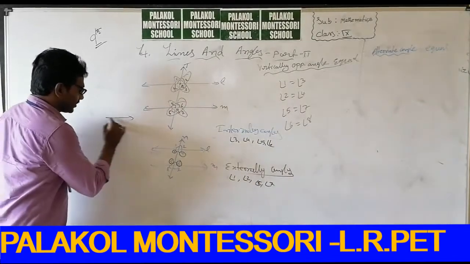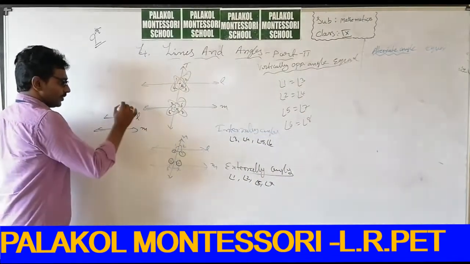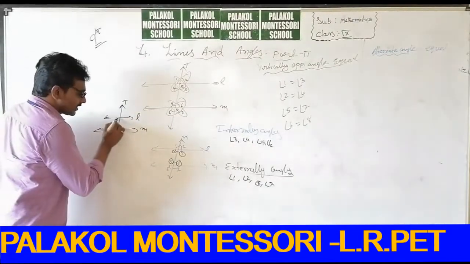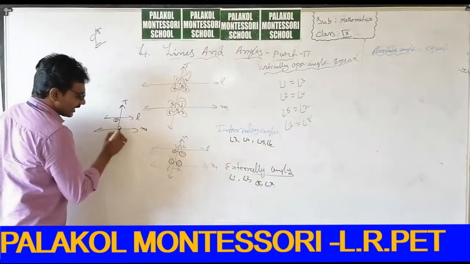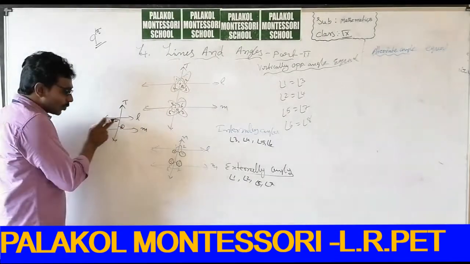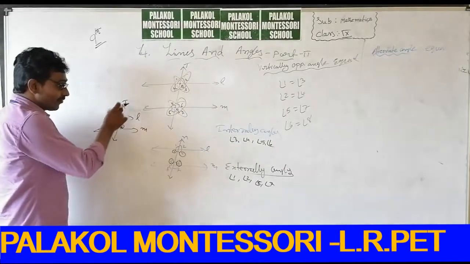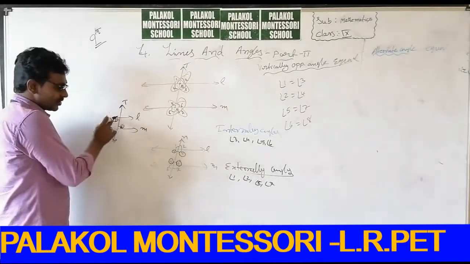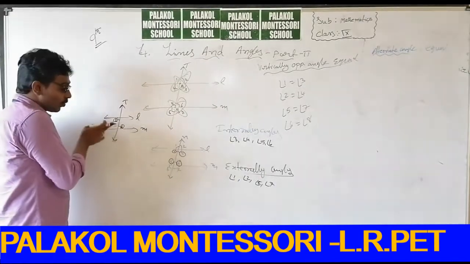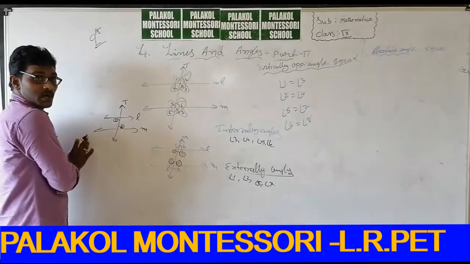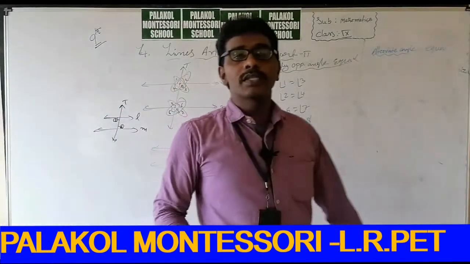Okay. See this, guys, please. L, M, this is T. Here we see the internal angle is 3 and the external angle is 6. What is this position? These positions are on opposite sides of the transversal. The two angles are internal, one is on the upside, another one is on the downside. That type of angles is called alternate angles.